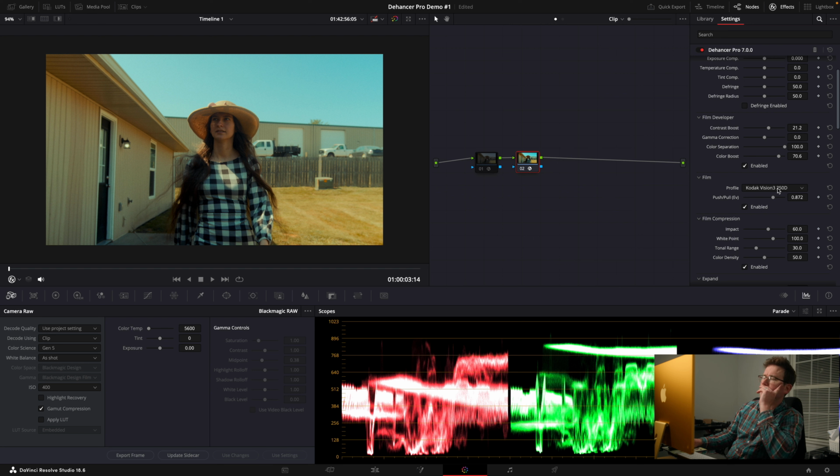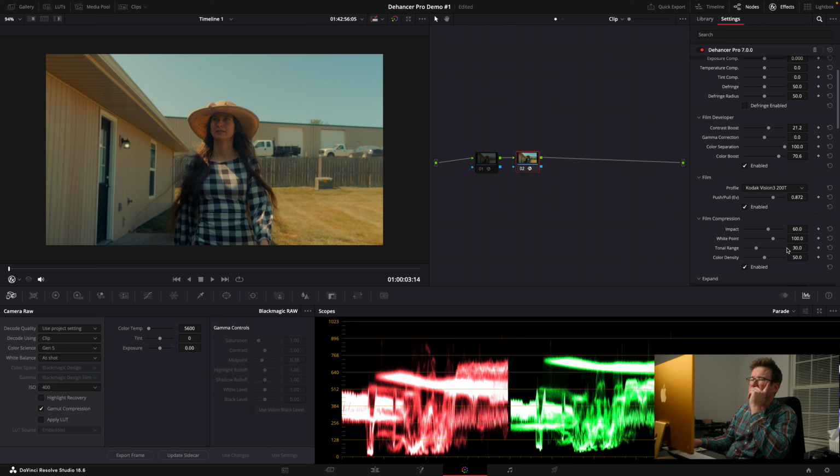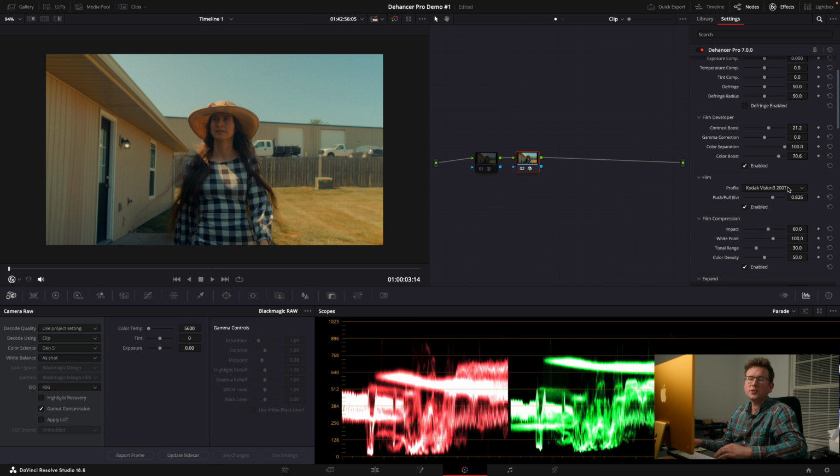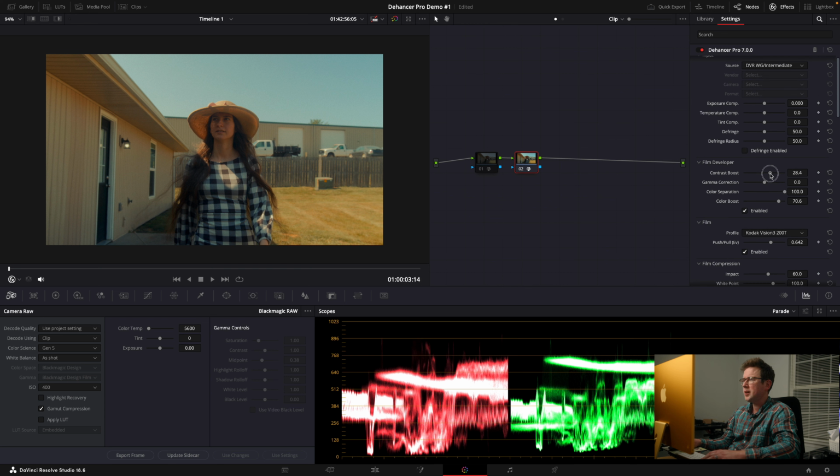250D looks good. And there's no shame in doing this. Say you get to a certain point and you're like, man, it's just not there. What I'll do sometimes is go to, let's try a 200T, and it's a little red, but I might actually like this more. 250D is just so contrasty. Kodak Vision 3 200T is really good to use if the sun is more morning or straight on, and so you have warmer tones. So if we use something like that and then go back into